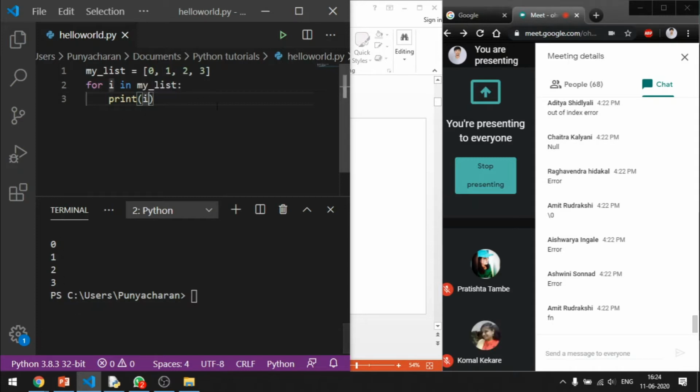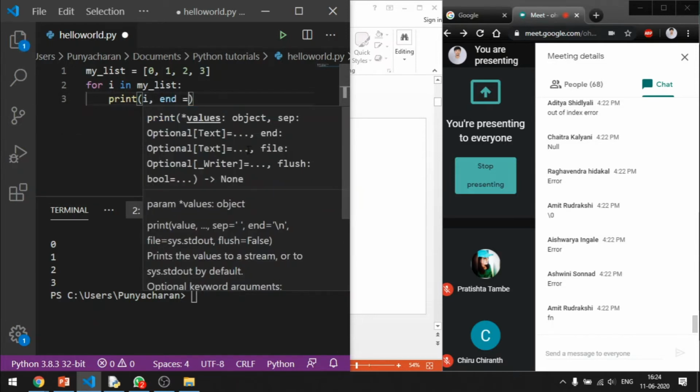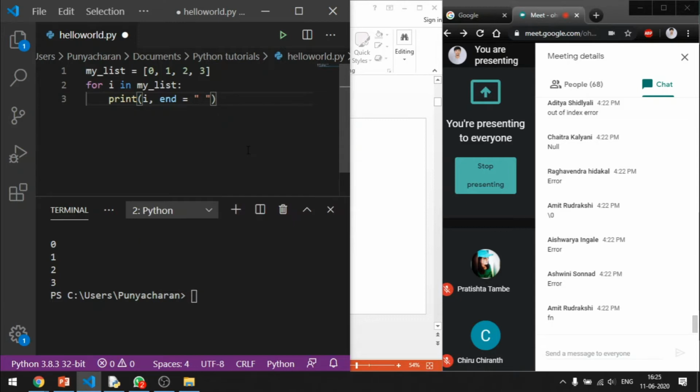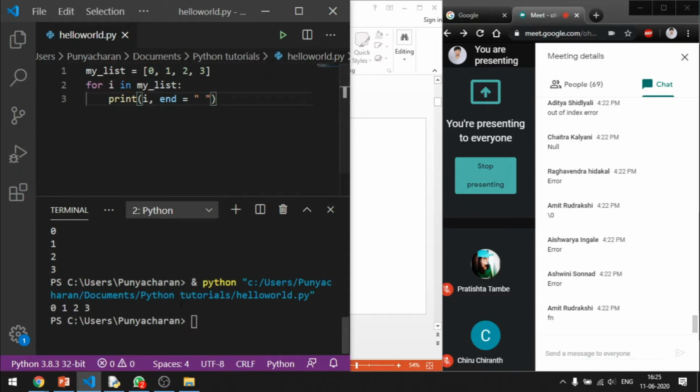If you want to print all these elements consecutively, as I said in earlier classes, you have to use this comma end equals a pair of empty inverted commas. So when you execute this, you will have the numbers printed one after the other.